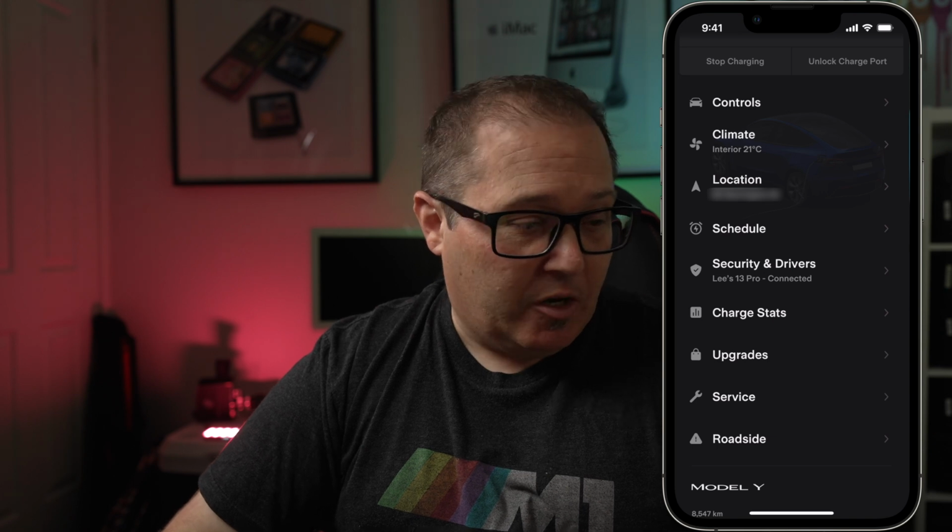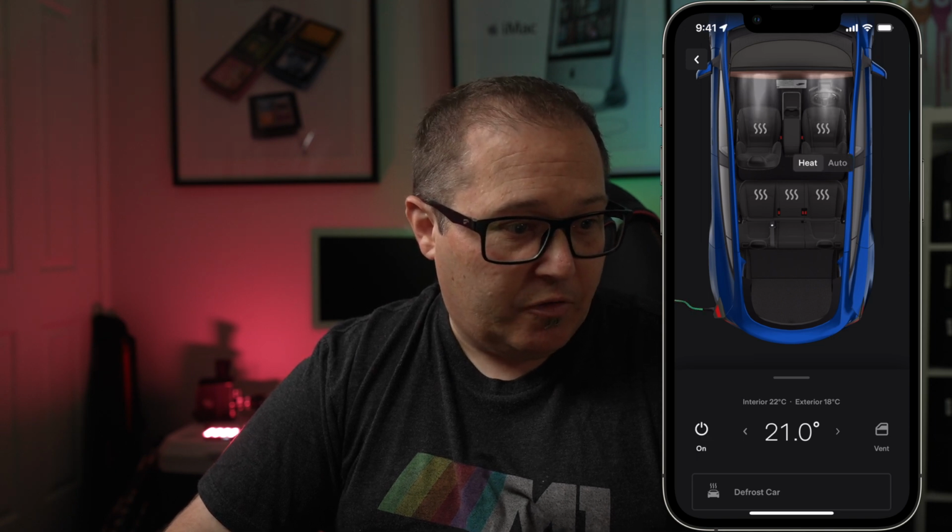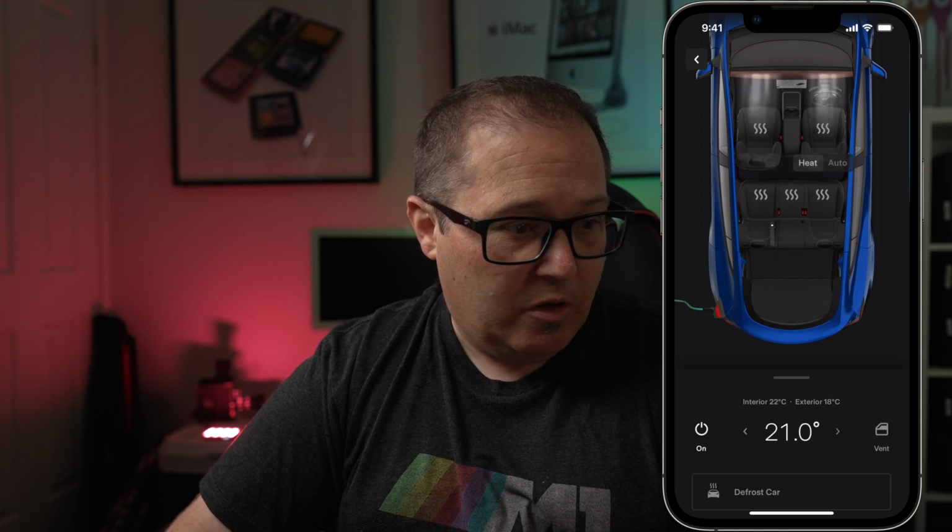So that's controls. Then we go into climate, and here we can turn on our heated steering wheel. So we can just tap on the steering wheel and we can say heat or auto. So we can then control how much